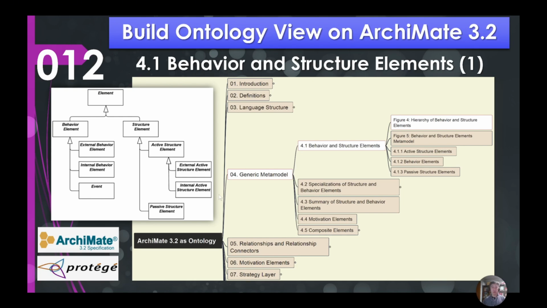From this video, we move to chapter 4 of the ArchiMate 3.2 specification. We explain and demo the generic Metamodel for ArchiMate. You may see, compared to the table of contents, that in the next chapter we will talk about the relationships, relations and